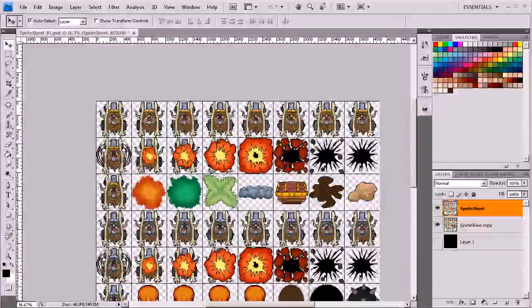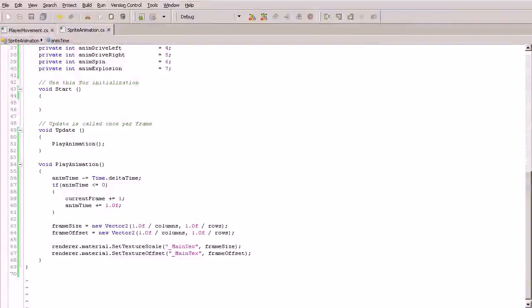Now, as it sits right now in our code, it would continue to offset, and once it gets to 8, it's going to return back here at the beginning and stay on the same row. But what I want it to do is, once it reaches the end, I want it to start down here and then move across. So to get this functionality, we need to go into MonoDevelop, and right here below our time,